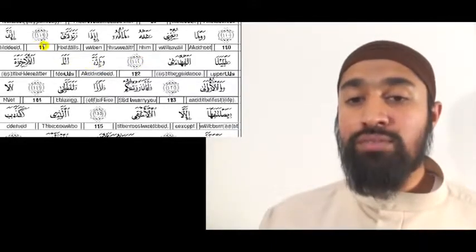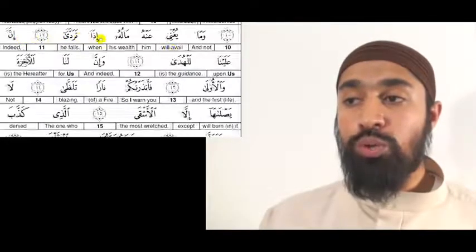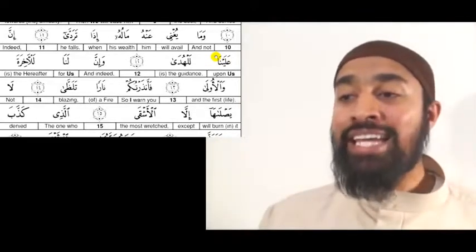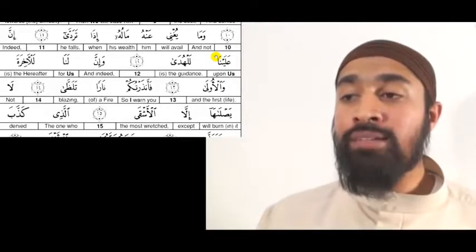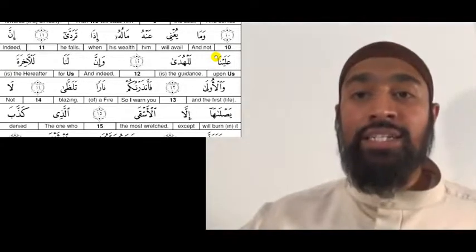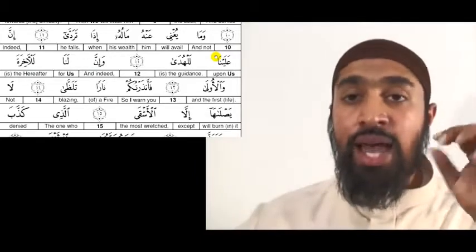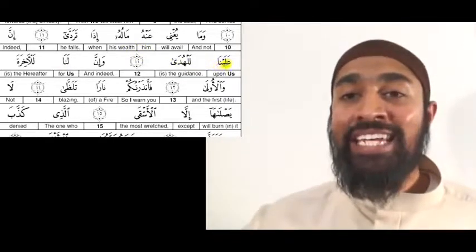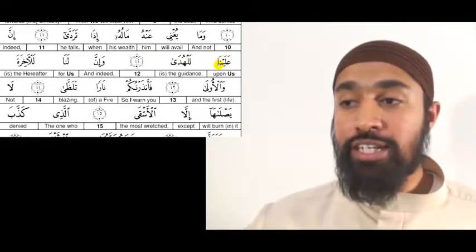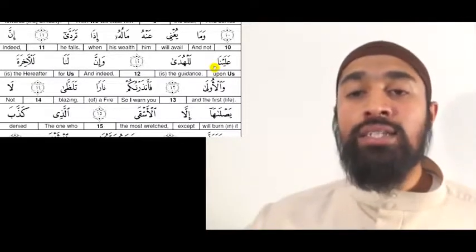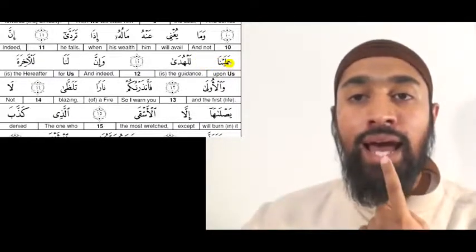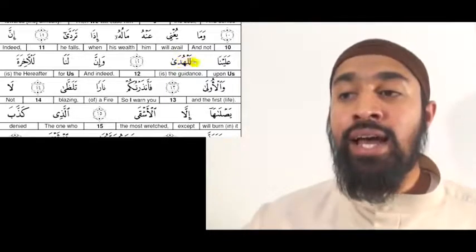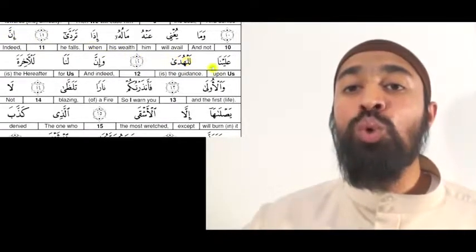This is verse number 12. We're going to add the full nasal sound. Inna alayna lal-huda. Now, as you see the ayn here, you know it's a full nasal sound. So, inna, open your mouth. Open the mouth to the best of your ability. Alayna. And you hear the A sound. You hear the Canadian rule here. It's not alay, ala, alan, ala, alana, or alayna. Give the A sound. Alayna lal-huda. Huda.